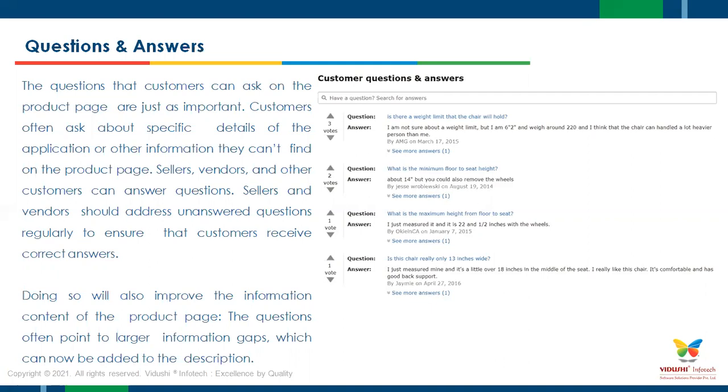Being a seller or vendor, you can easily analyze what kind of information buyers are searching for about your product. With the help of this question and answer part of the Amazon page, if you go through it thoroughly, you will understand what kind of description you need to add on your product page.